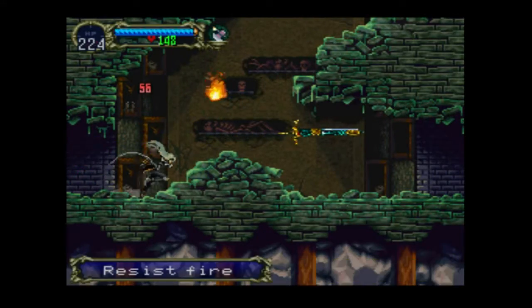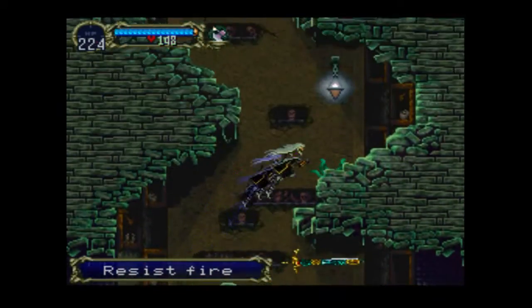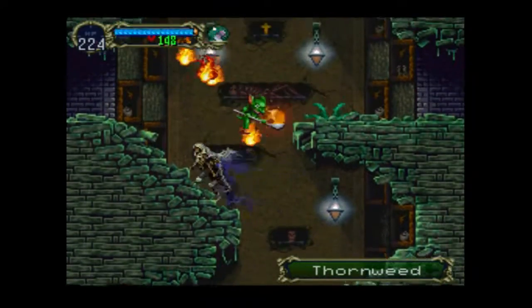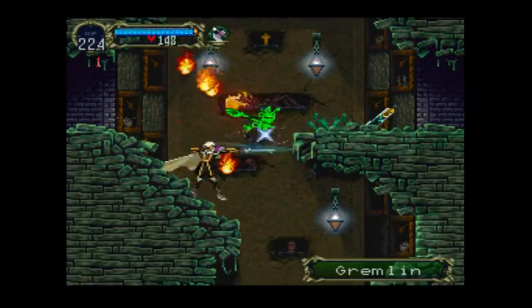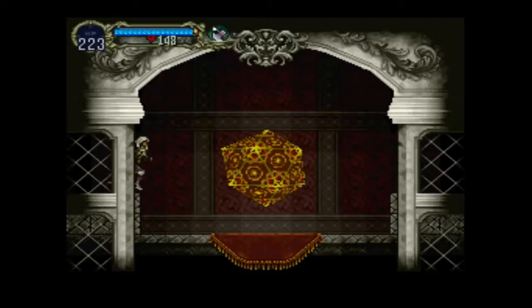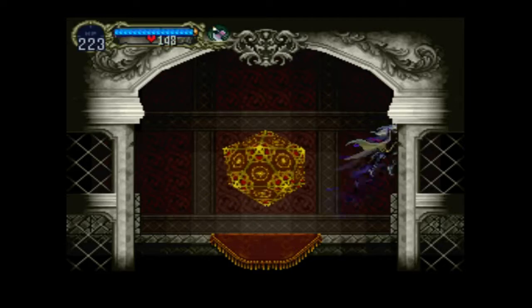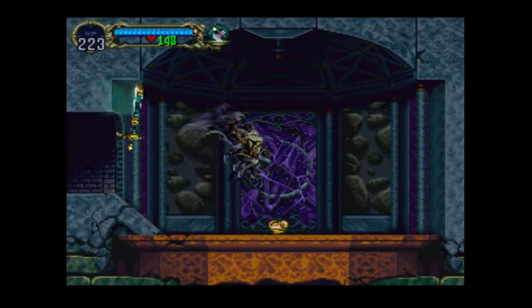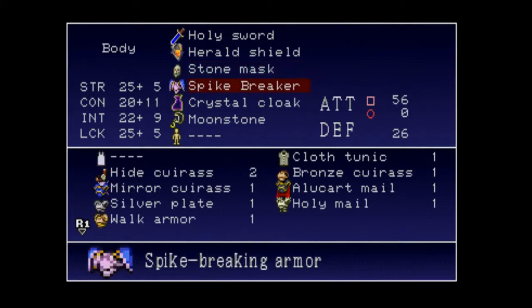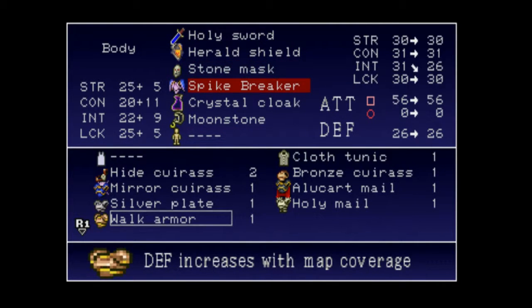Right then. Okay. Resist fire. Okay, that's funny. Alright, Thornweed. Yep. You get to die, because you are annoying me. And then we come up here, and it's a save point. And I'm gonna save here after the boss fight, because it would just be awful of me to, you know, get here and... Let's see...